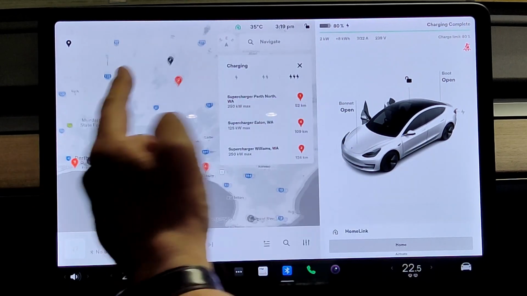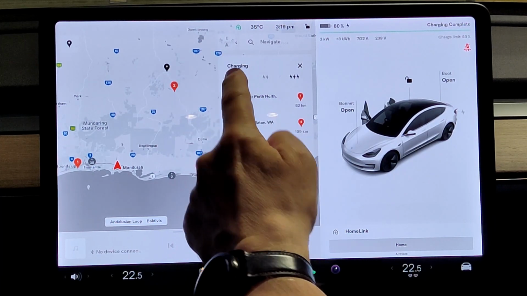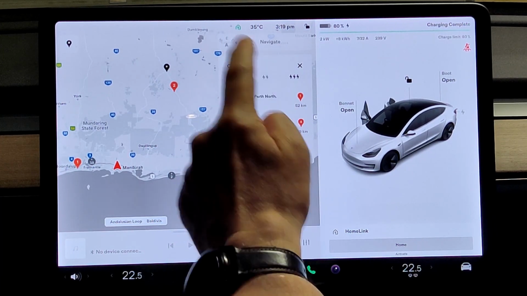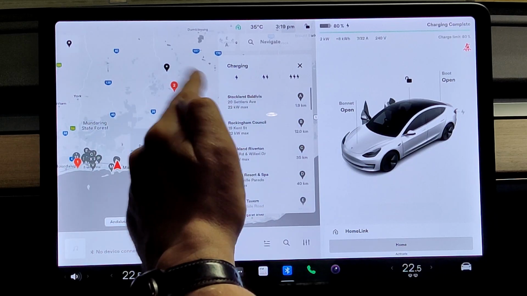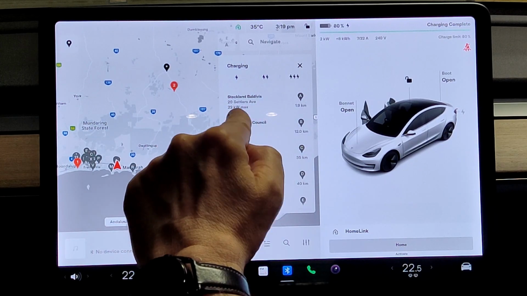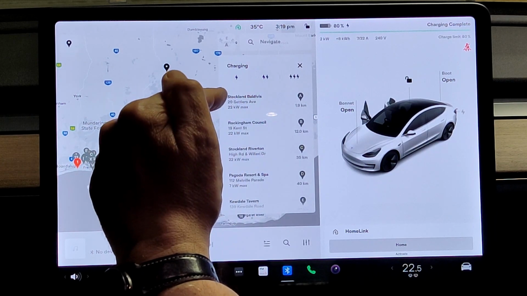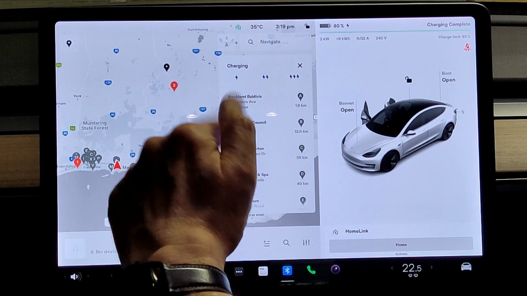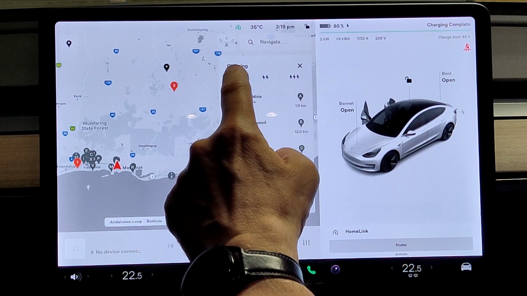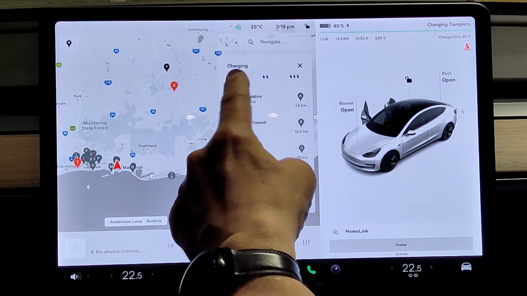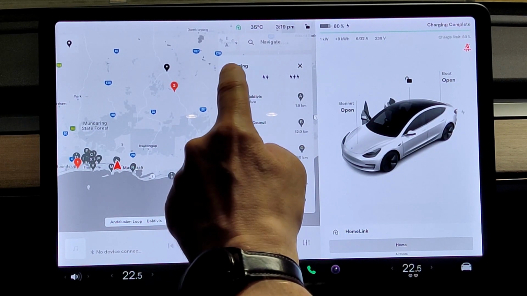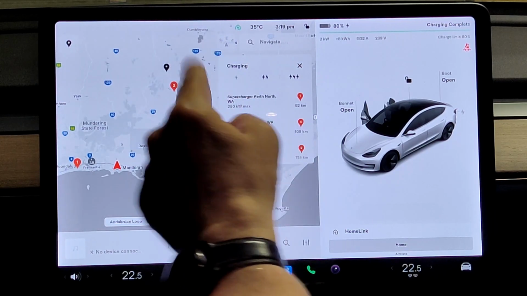Charging. All right, you can have your slow. So I've got my local charger at the Stockland Shopping Centre. There's one in Rockingham, Riverton, and so on. So these are all the Type 2 destination chargers, and then